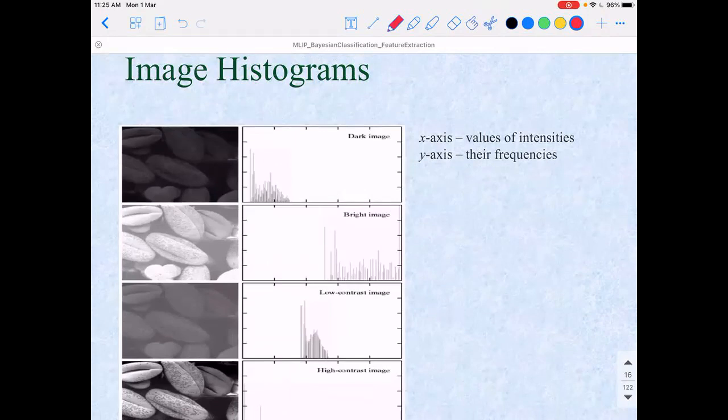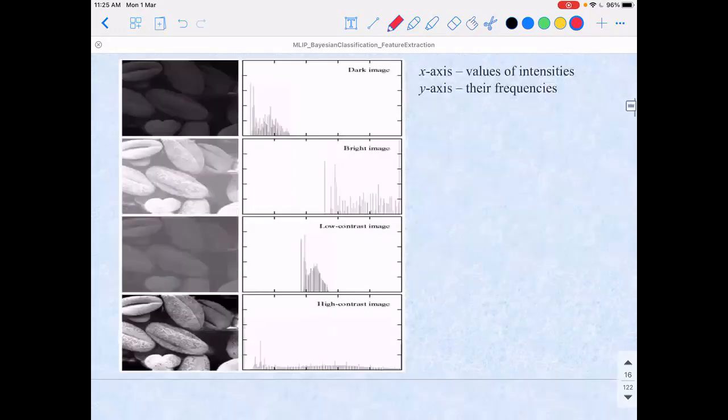The histogram of dark pixels means the region where the dark pixels are more than bright pixels, I guess. Right. So based on the image intensity, you can see here if it is darker, the histogram is more concentrated. The number of pixels taking intensity values will be more towards 0, and then 0 to 50 maybe. If it is a completely bright image, it is towards the right side, where it may be 100 to 250.